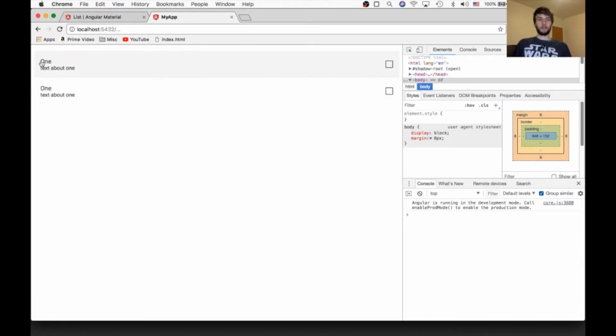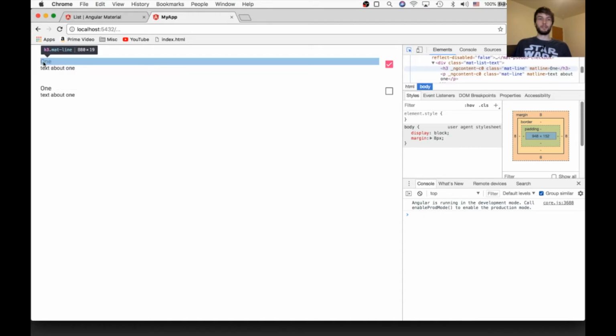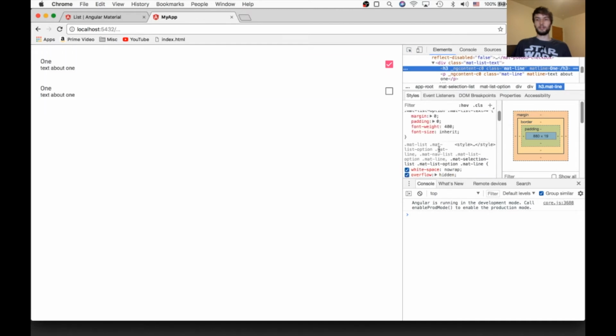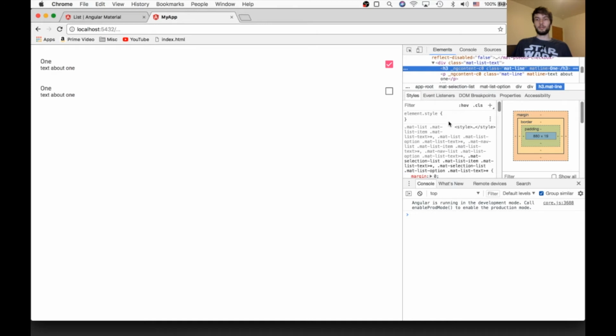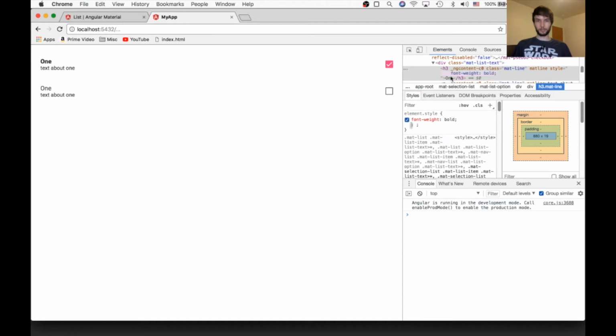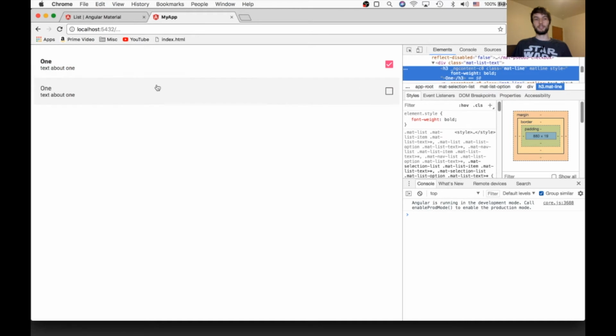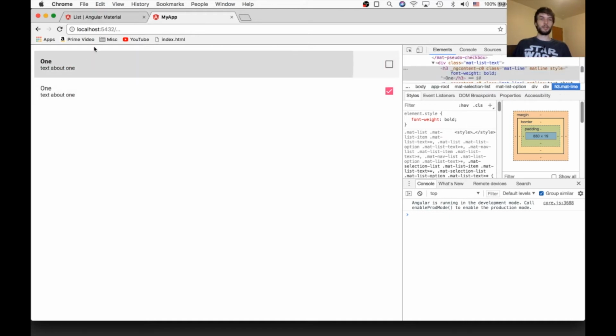Okay, so there we are. It's a multi-line list. This top portion has slightly bigger font size, but it's not bolded. If we wanted to, we could override the font weight like this. Font weight is bold. That'll look better. So we could just add that styling inside of our CSS, but we're going to be moving on to the